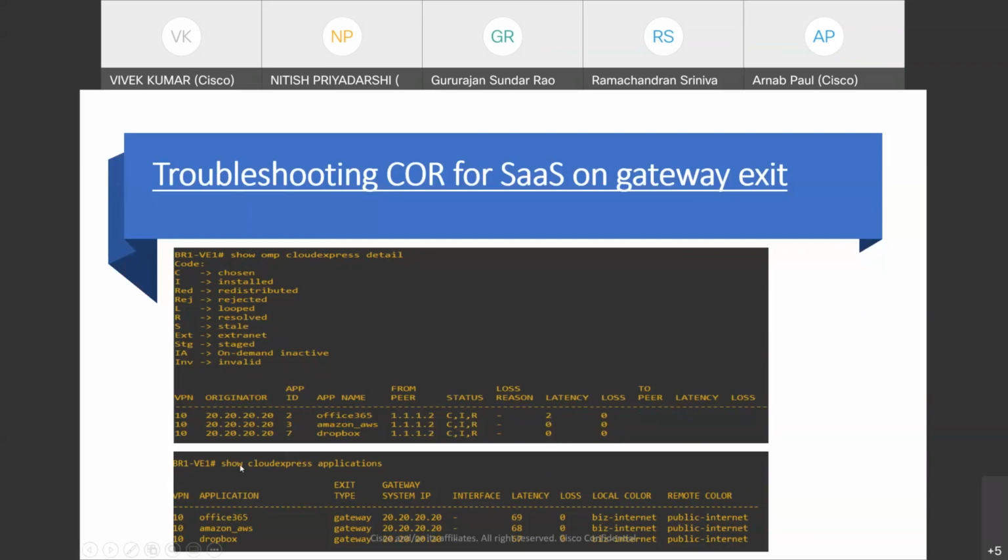Now, while checking the Cloud Express application that is actually installed, we can see the exit type is gateway, and it's learning from 2020, which is the gateway. But the latency parameter, you can see it's 69, 68, or 67. It's adding its own latency till the gateway. So branch 1 has around 66 or 67 latency to the gateway,